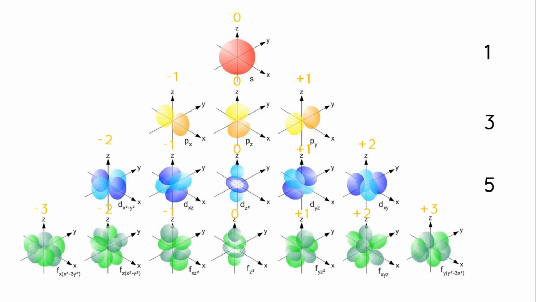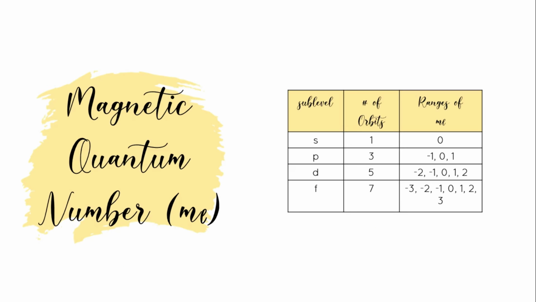For our F subshell, it has 7 orbits, from -3, -2, -1, 0, 1, 2, and 3. This information can be summarized through this table. We have the 4 subshells, the SPDF, their number of orbits, and the ranges of their magnetic quantum